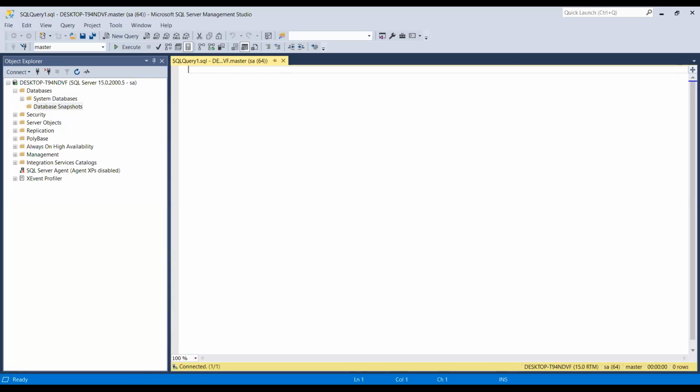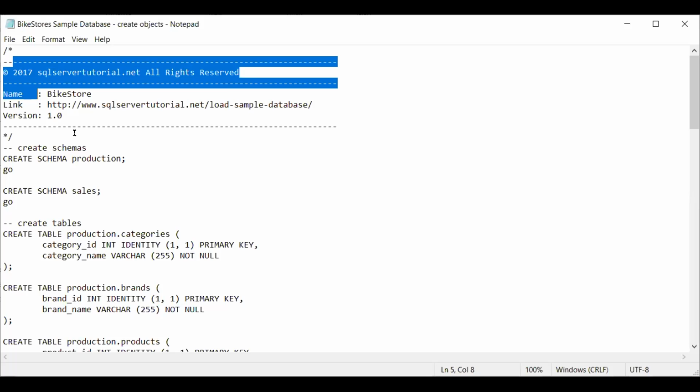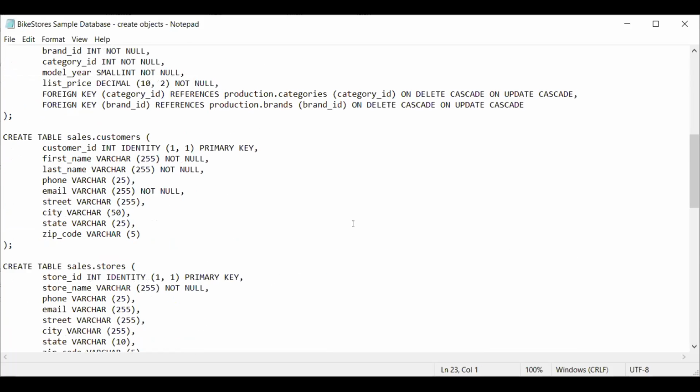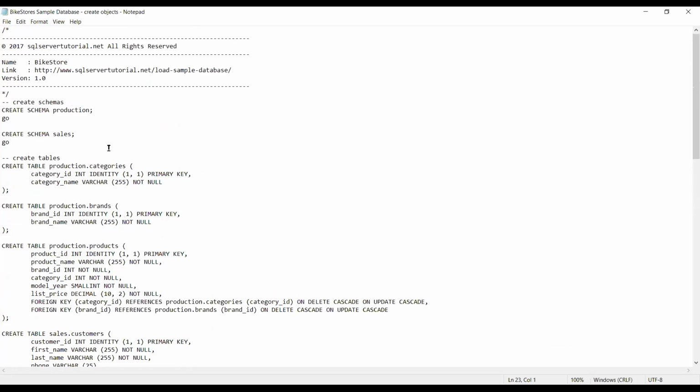तो वन ऑप्शन इज कि मैं उसको ओपन करूं क्वेरी को। तो यू कैन सी माई नोटपैड फाइल। जब मैंने उस पर क्लिक किया ना, ये नोटपैड फाइल में खुल गई। ये वो स्क्रिप्ट्स हैं जो कि क्रिएट के लिए आएंगी। तो क्रिएट टेबल्स आप देख रहे हैं, इसमें कमांड्स क्या हैं। ये इस वक्त सिंपली प्लेन टेक्स्ट फाइल है, बाइक स्टोर सैम्पल डेटाबेस क्रिएट ऑब्जेक्ट नोटपैड में खुली हुई है।